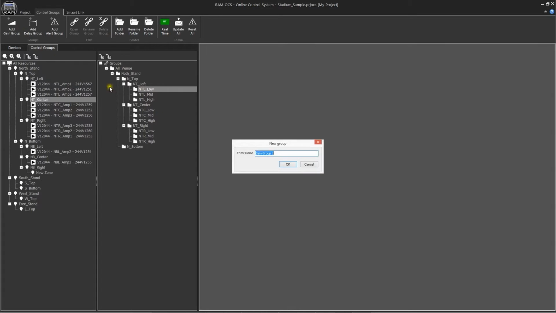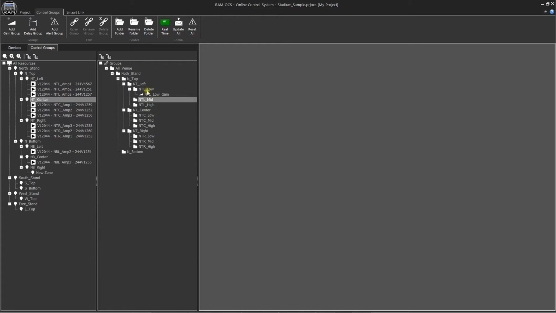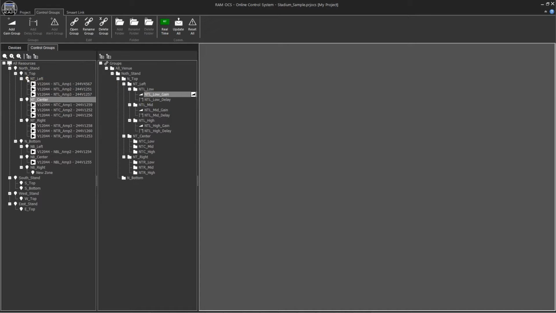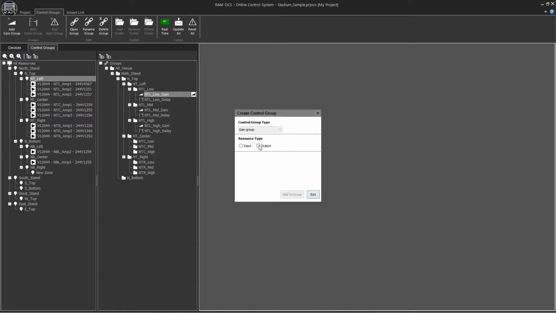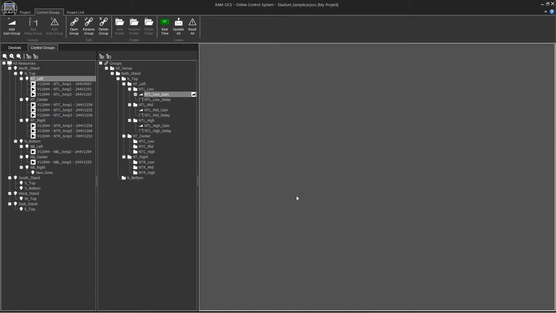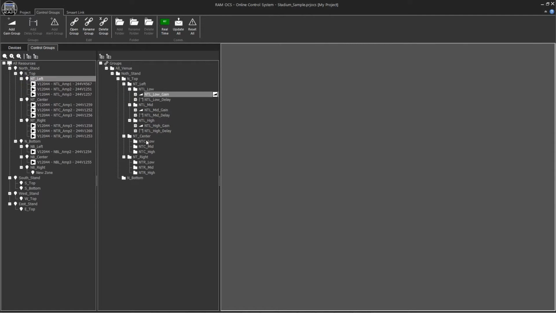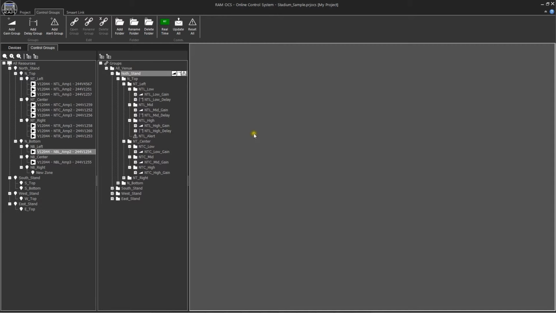We can now create these control groups, one for gain, one for delay and one for alerts. We drag the amplifier zones which we want to partly control resources. We select the resource, input, and output to be controlled and we create the group. By pressing the control icon directly for the corresponding position, we access the control which allows us to modify gain or delay of the group of resources selected.